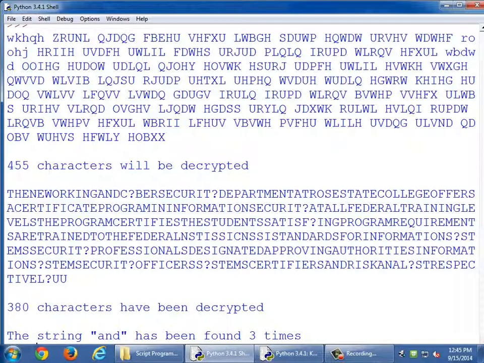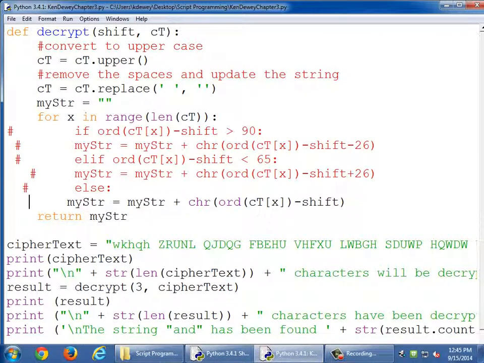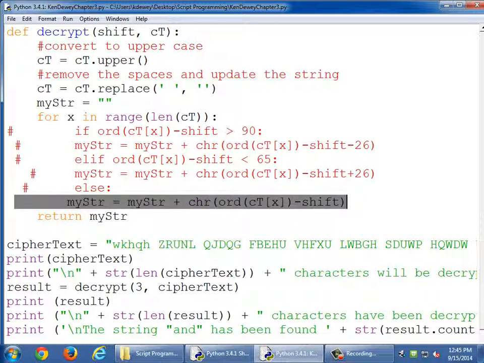Okay. So really the whole decrypt method, the whole loop, could actually be done with one line. See the one line that's blinking right there? That one line really does the entire thing. I'm going to explain what this one line does, then we'll look at the rest of it. What this one line says is my string equals my string